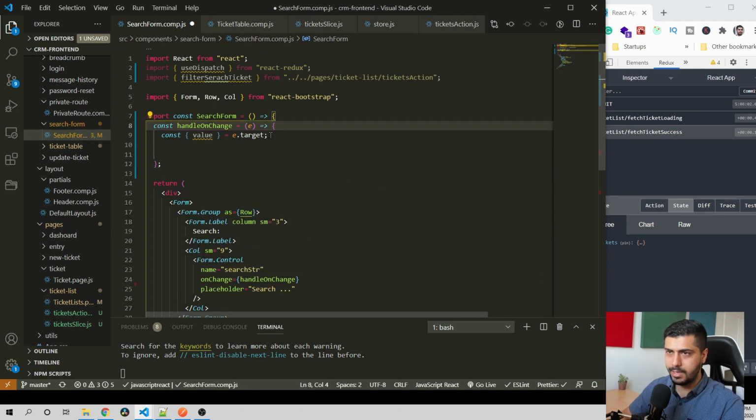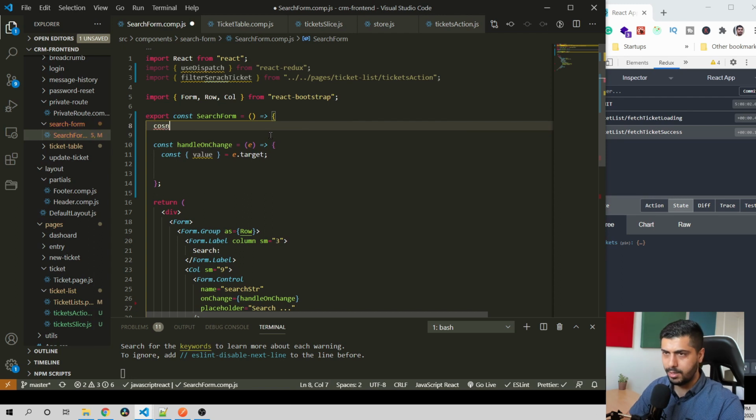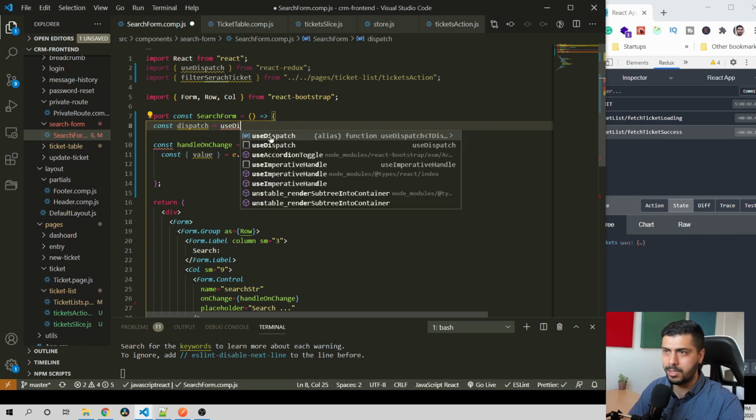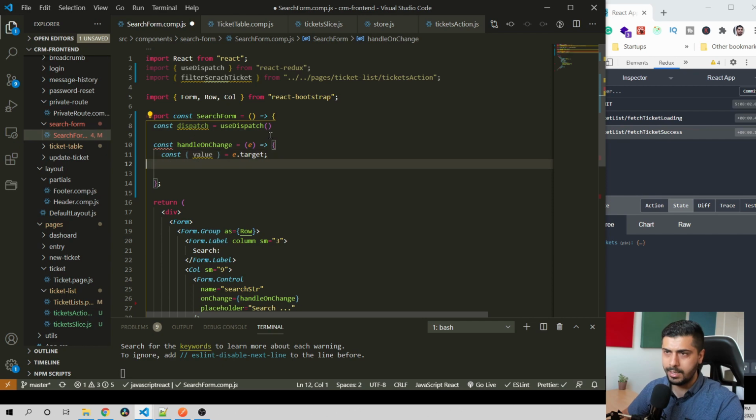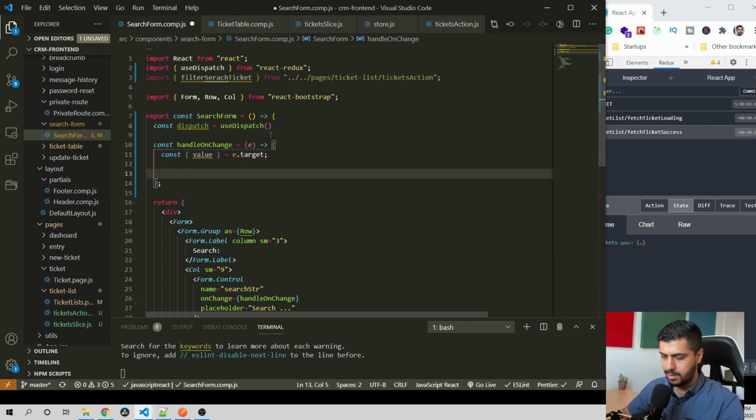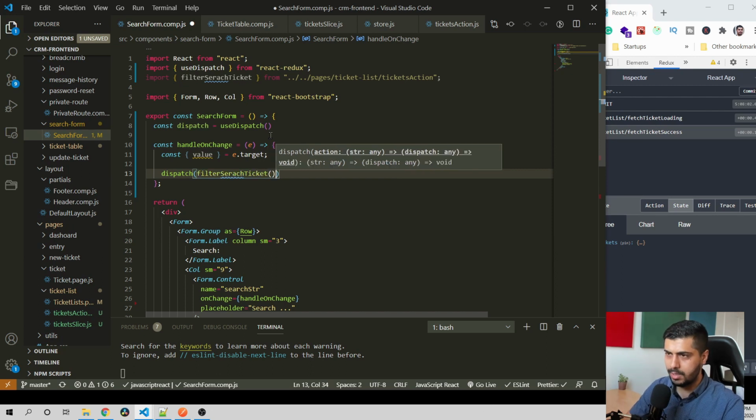So let's create the dispatch variable here. So we are basically repeating what we did with the ticket list before. Dispatch equals useDispatch, a function, and here in our handle on change, let's use that dispatch to dispatch our action creator and pass this value as a string